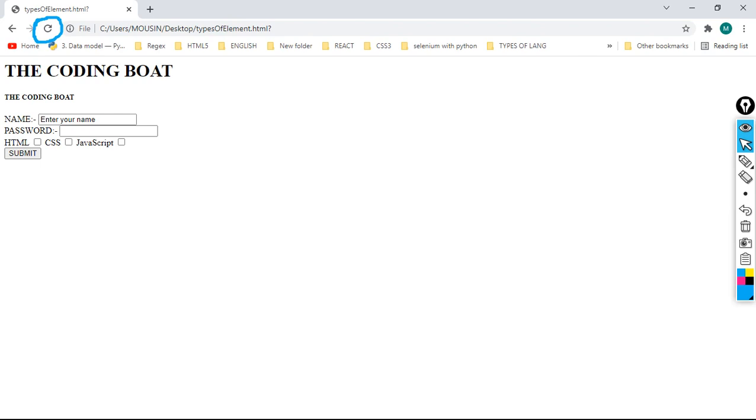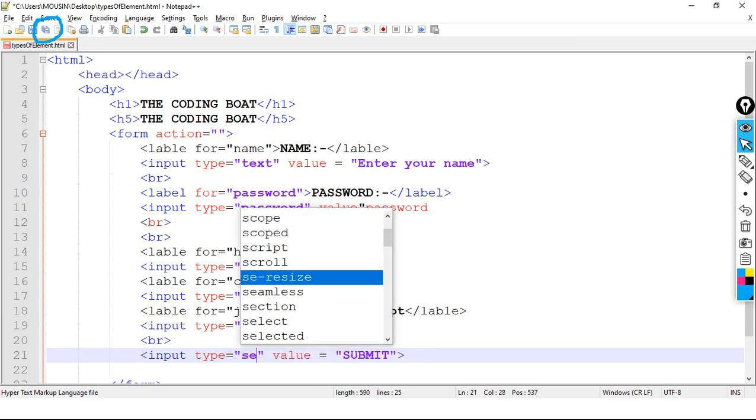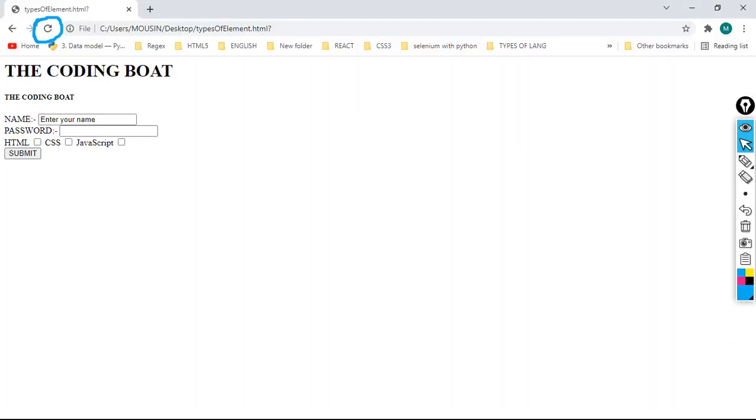Okay, now suppose I am changing its type. Input type is equals to search. Okay, so now just check. Now we have a different type of element here, or we can say a different way to represent this void element, correct?